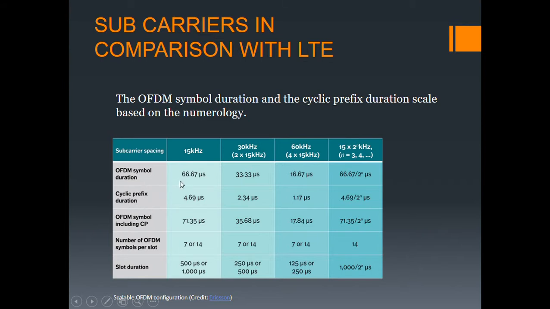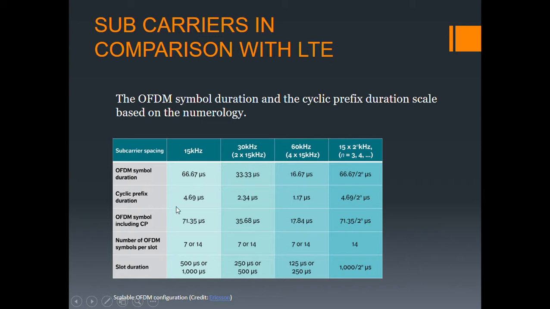And apart from the regular symbols, we have the cyclic prefix, which is a portion of the symbol copied from left and pasted to the right, and that is the cyclic prefix, 4.69 microseconds. When you add these two, 71.35 microseconds is the OFDM symbol including cyclic prefix. And similarly, as we go from 15 kilohertz upwards, the durations will be decreasing proportionate to increasing frequencies. And the number of OFDM symbols per slot is 7 or 14